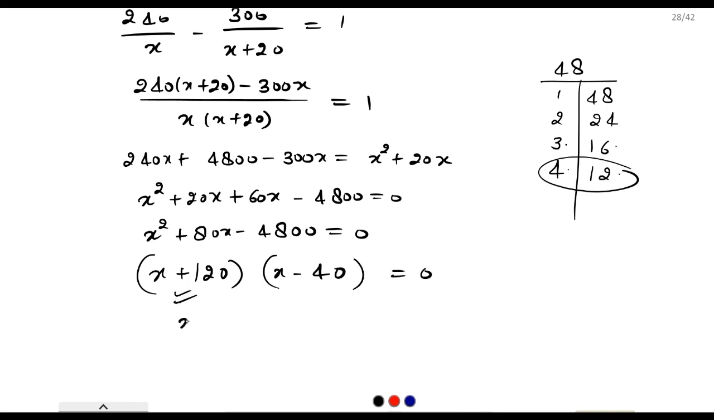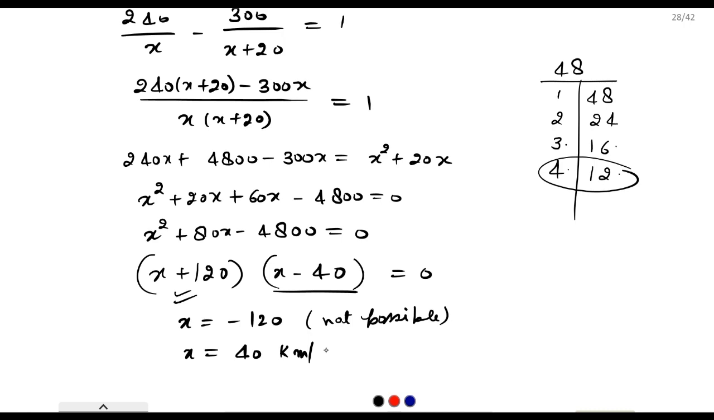If x plus 120 is 0, then x is equal to minus 120. Speed cannot be negative, so this answer is not possible. And if x minus 40 is equal to 0, then x is equal to 40, means speed of car is